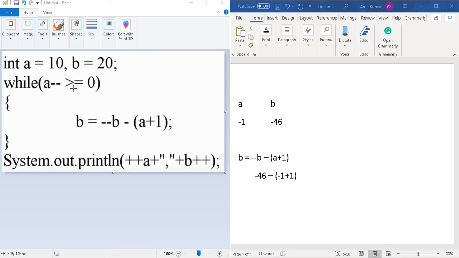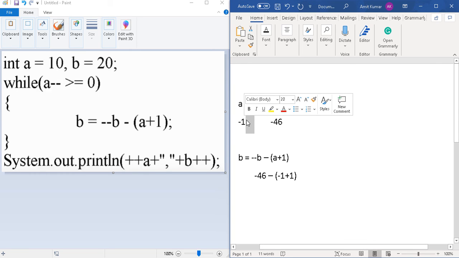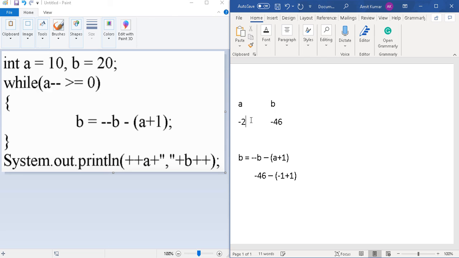Now it will go back to check the condition. The condition here is minus 1 is greater than or equal to 0, which is false. So it will not execute the loop, but it will execute this post decrement. So after this, this will become minus 2. Because the condition was false, it will come out of the loop, and then it will print plus plus A. So it will increment the value of A, that will become minus 1, comma, and then B plus plus,